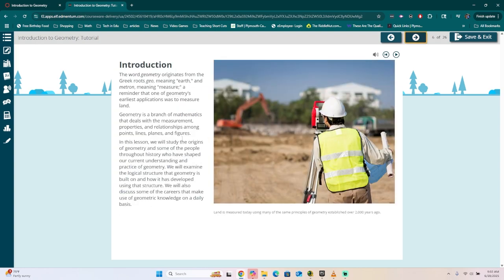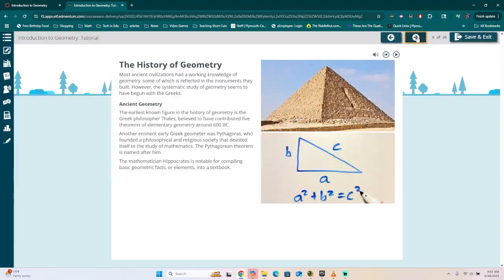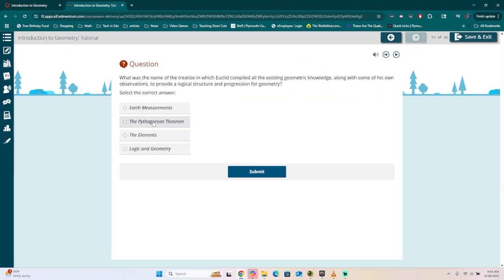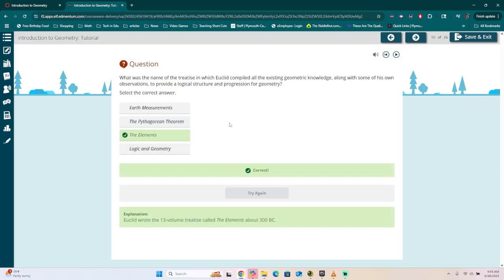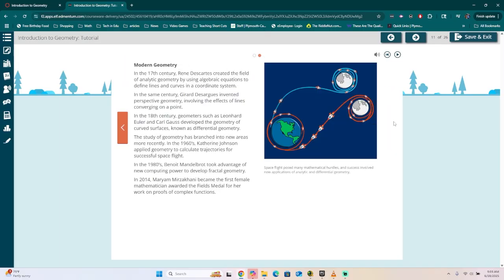So you're going to have to read this, or over here you can have it be read to you. And as you're going through the lesson, there might be some times where it asks you questions to type in, kind of check your understanding. It says if you got it right. If you got it wrong, it may give you a chance to redo it or just tell you the right answer. And over here,